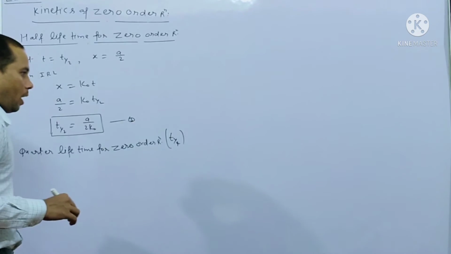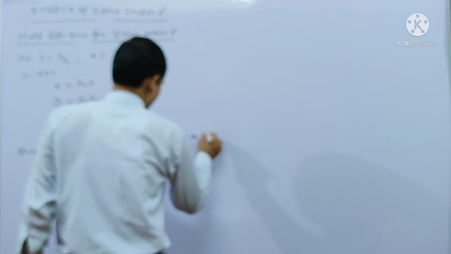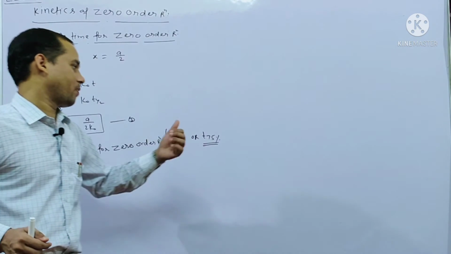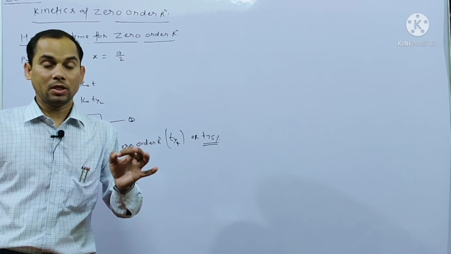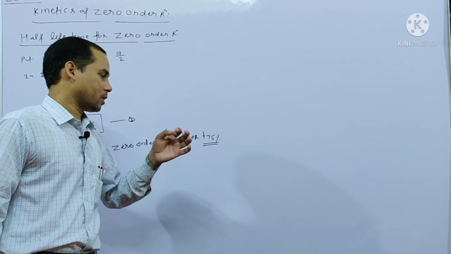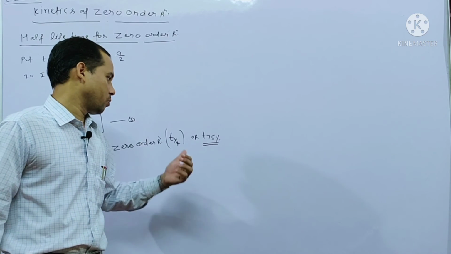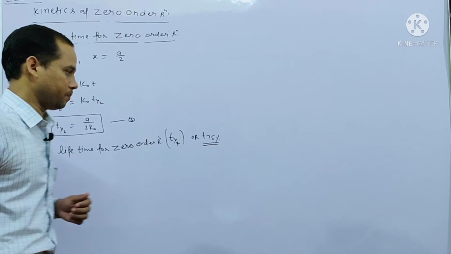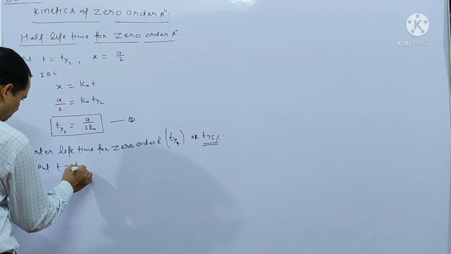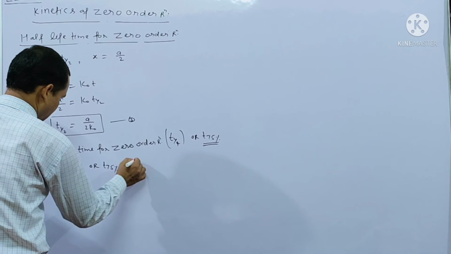It is also represented as T1 by 4 or T75%, right? If a reaction is 75% completed, then the quantity left is 25%. 25% means 1/4, so we can write in this form and also in this form. So now put t equal to t 1 by 4 or t 75%, and